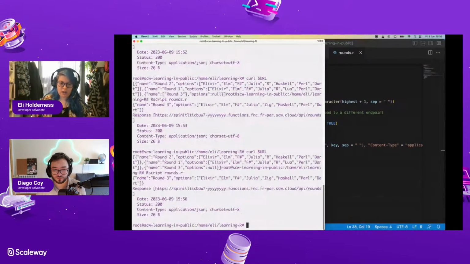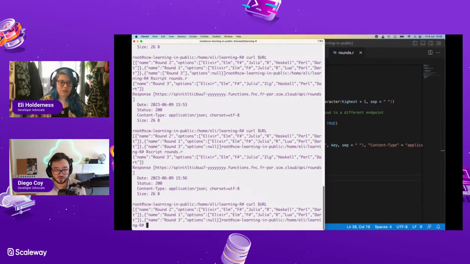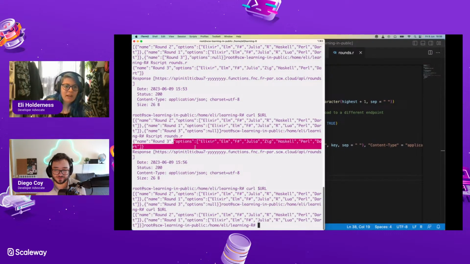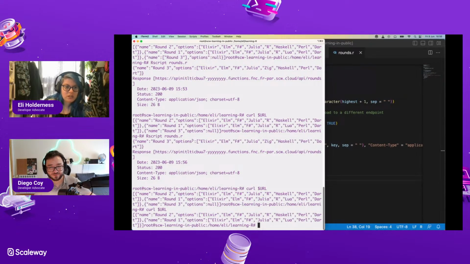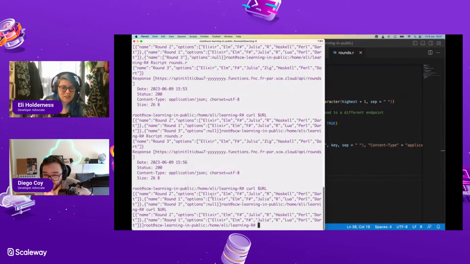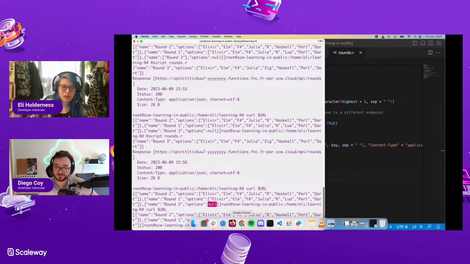Sending it again, and I know Diego reset it because my code isn't crying at me. It's still null. Why is it still null? Let me try again in case it took a moment. No. We literally just saw that it has options. I wonder if it might need the comma at the end. No, it shouldn't. Stay away from those trailing commas.